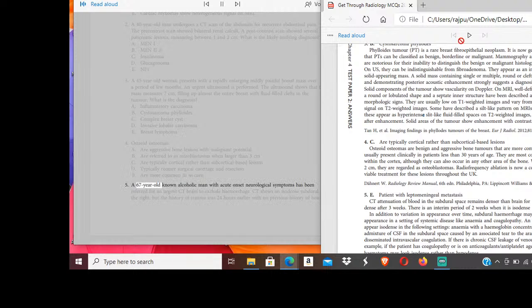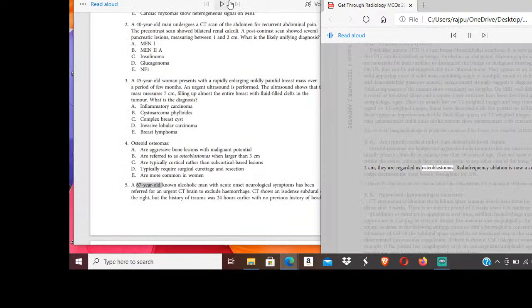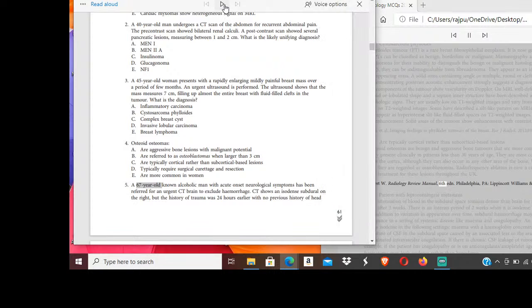5. A 67... osteoblastomas. Radiofrequency ablation is now a common and viable treatment for these lesions throughout the UK. Dähnert W., Radiology Review Manual,